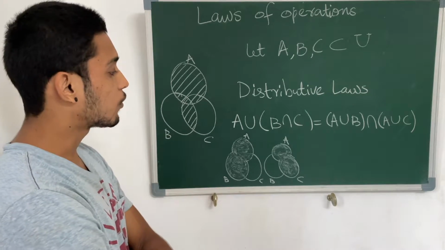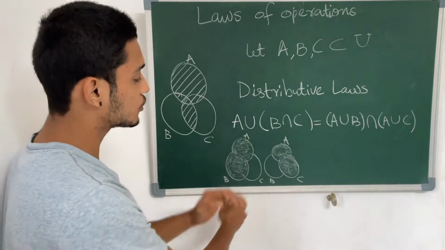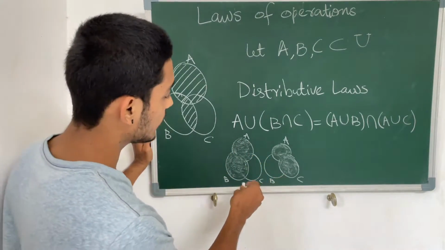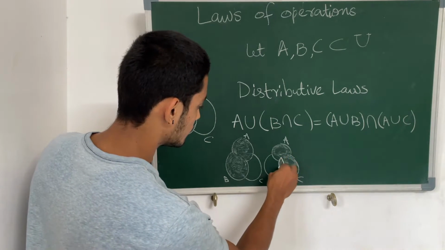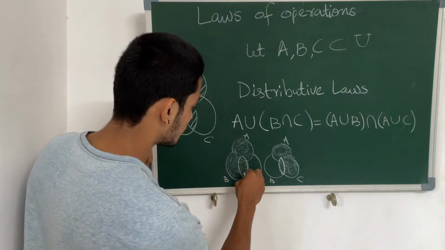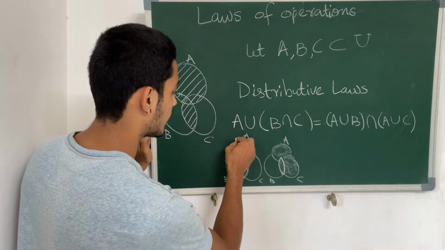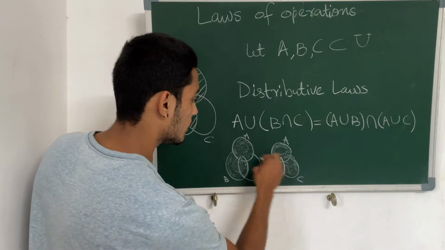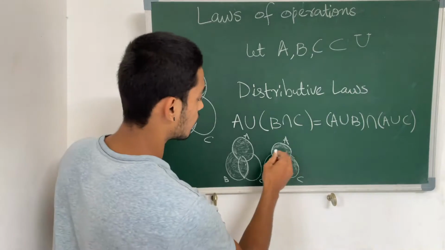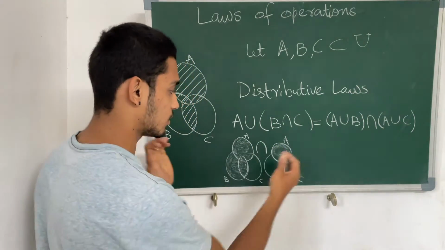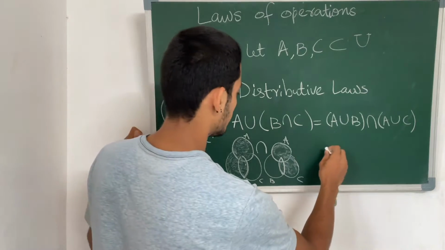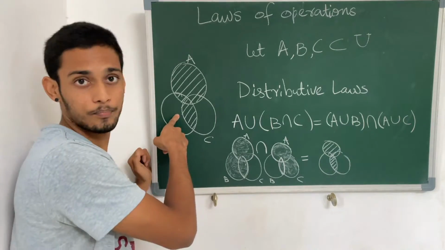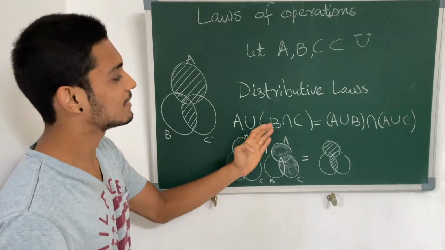So let us try to identify what are the common elements between these. So if we combine these two, we just need to see what are the common elements, not the union, what is common. So if you see properly, this region, this is common in both, and this A, this is common in both. Yeah. So this is what I can say. So the result of the intersection operation of these two operations, we end up with, correct? So this is exactly what we had here, exactly the same. So this is a distributive law.